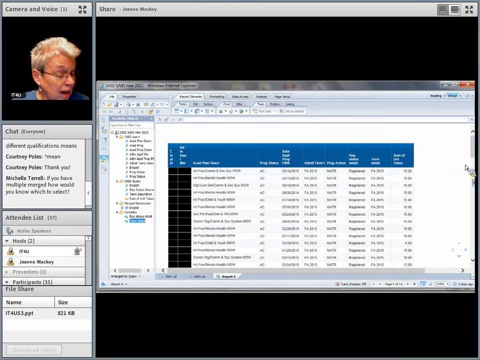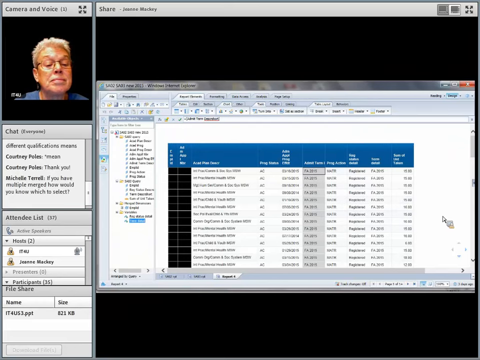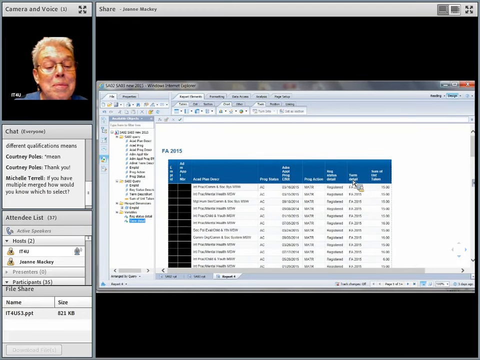So once I've got this, I could do my usual. I could set this as a section, the admit term. Let's see, I've got ACID plan. Oh, I want ACID program in there too. Let's see if it'll let me do that. Yeah, things are kind of slow.